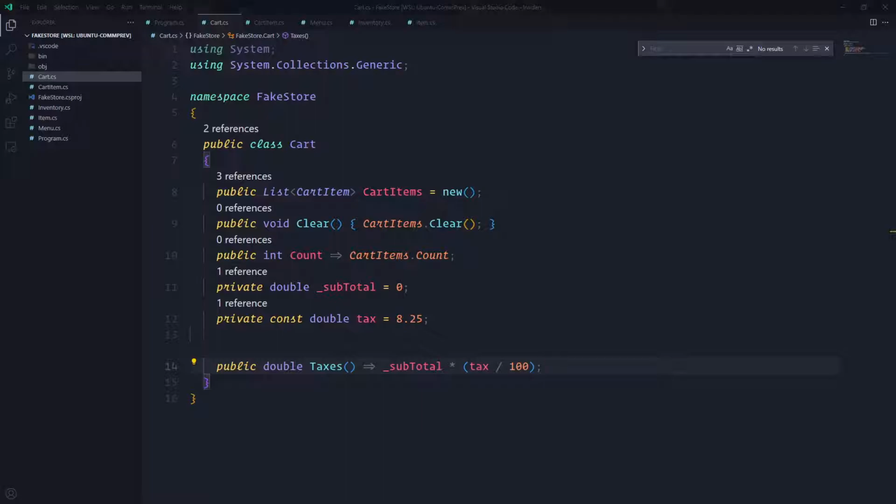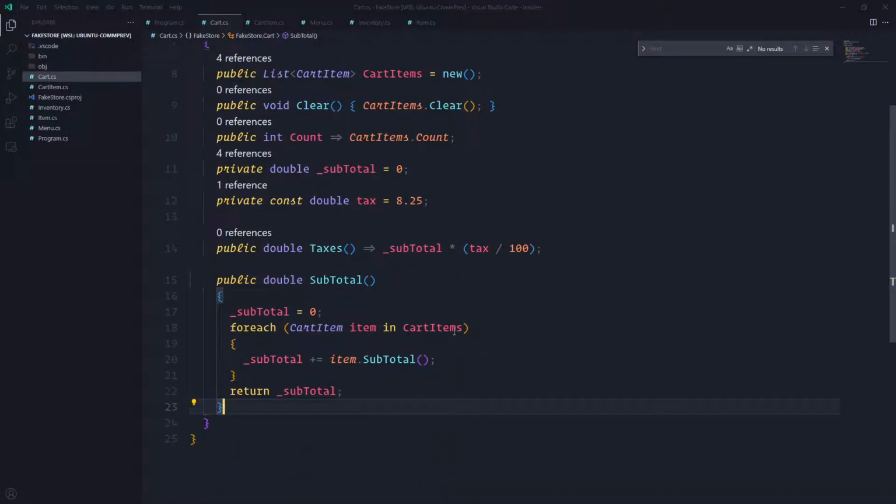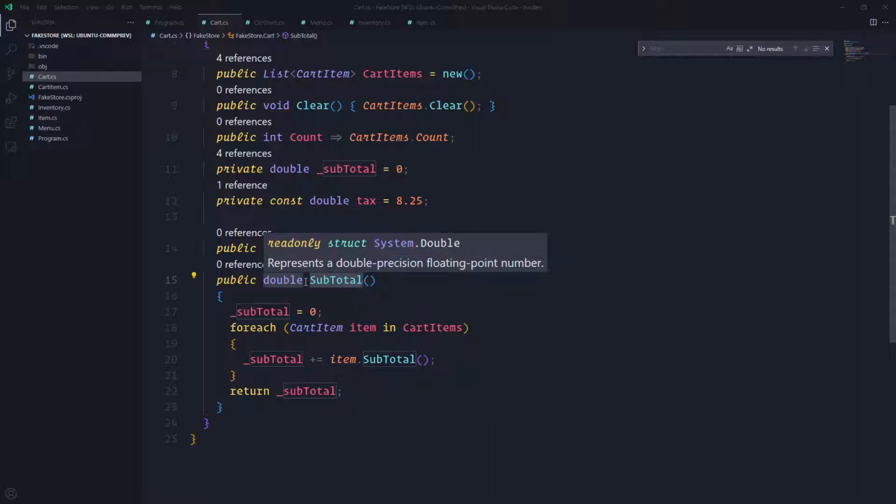And let's do a function for the subtotal itself. So whenever we get the subtotal, or we call it, we're going to initialize the subtotal to 0. We go to each item or product in the cart item, right? And we will add the subtotal of that product to this particular subtotal. We have the subtotal for the order. This will be the subtotal for the order itself, and we'll return that value to this method. That's pretty much it. We can actually call this get subtotal if we want